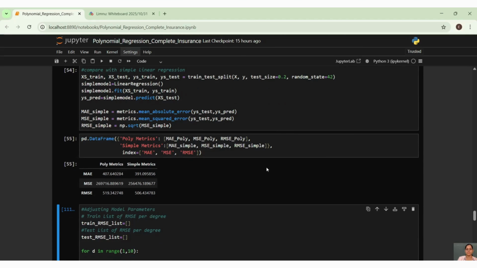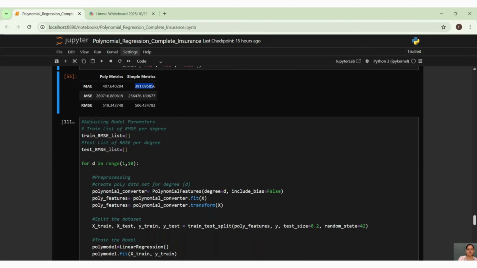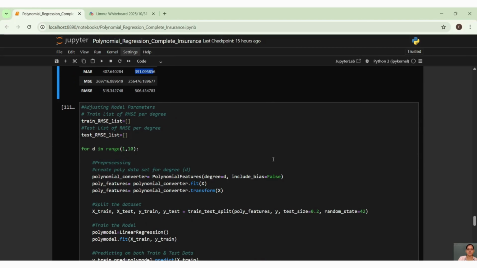We have seen the metrics for polynomial regression, and here the metrics for simple linear regression. This is a comparison: we have MAE 407. However, in case of simple regression, we are getting 391. So there is a difference between them, but the difference is not huge. Now we will adjust our parameters and we will see how it comes.